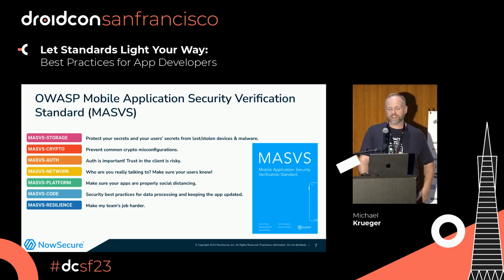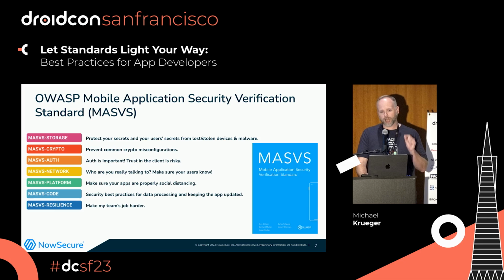The goal of MASVS is to make all of this harder for an attacker to glean important information, to gain a foothold, to gain a compromise. This standard is all geared around mobile application security, and it's kept up to date. Unlike a lot of the other standards out there that date back to 2015, 2016, MASVS keeps up with the times. They're always working with industry partners. They're working with Google. They're working with mobile application security experts. They're updating everything to make sure that security practitioners, but also developers, are getting the most important information.